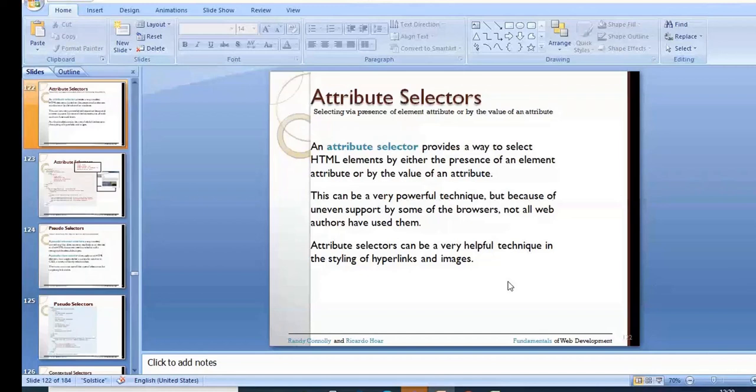Attribute selectors can be a very powerful technique in the styling of hyperlinks and images. Whenever you want to style hyperlinks, such as changing color when you move the mouse onto the hyperlink or when you click on it, in such cases you can use the attribute selector and apply the CSS. How do we represent an attribute selector? One example for that.